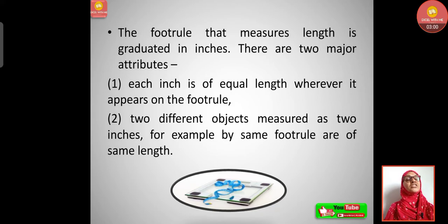There are two major attributes. Each inch is of equal length where it appears on the foot rule. We have seen the foot rule, the scale, where we can see the equal length between each inch, each numerical. Now, two different objects measured as 2 inches, for example, by the same foot rule are of the same